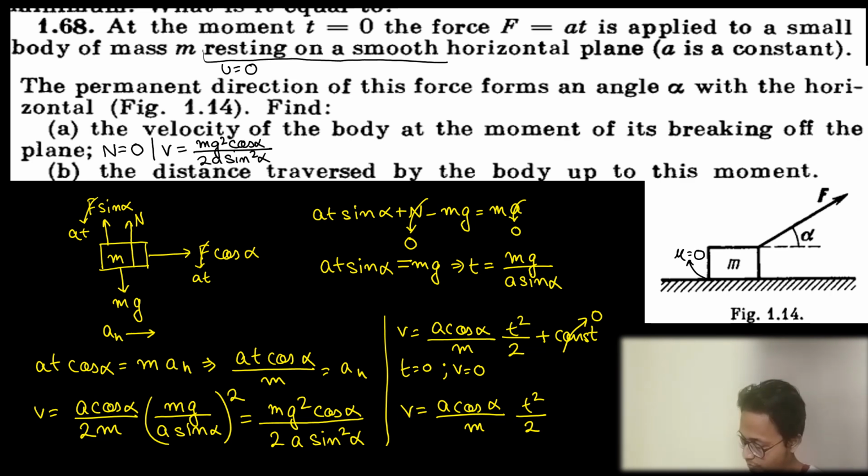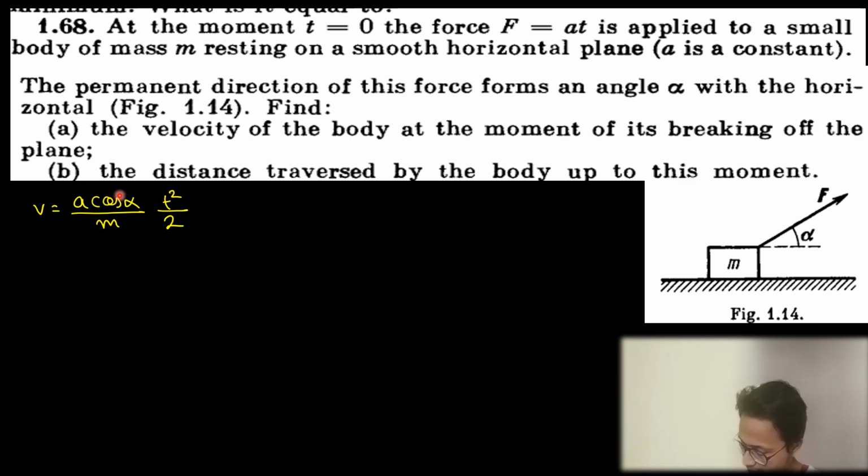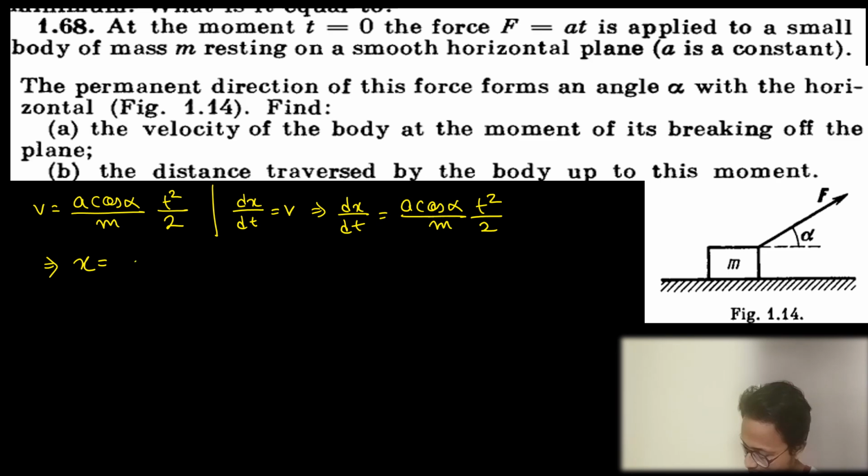So I'll do this on the next page. So the equation of velocity is this one. That means the velocity keeps on changing as we go towards x. So I can simply use dx by dt is equal to v. Okay, but v is equal to dx by dt. I'll take the equation of v from here and substitute it out here, so dx by dt is equal to a cos alpha by m into t square by 2. Or if I solve this equation, x is equal to a cos alpha by 2m into t cube by 3